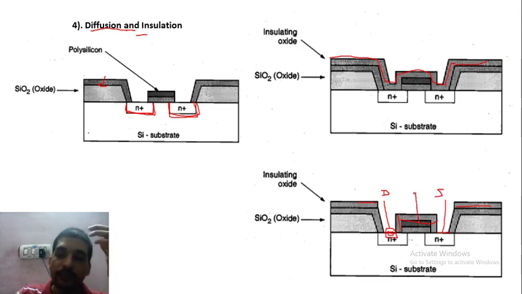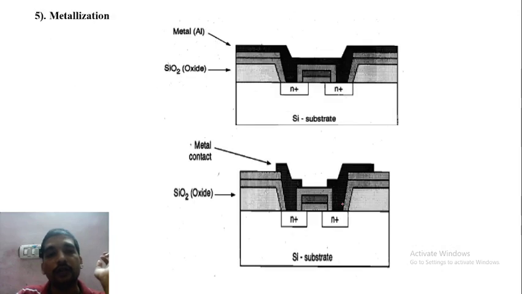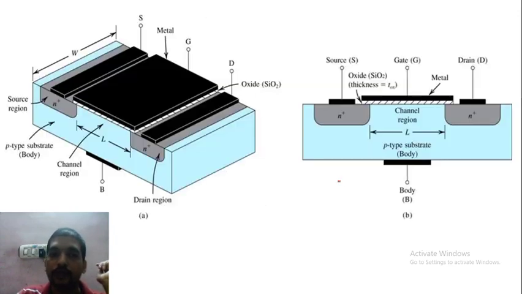Since gate is already fabricated, contact cuts are required. So again, for making the contact cut, the same steps will be followed. Finally the metal will be poured over the entire wafer again, and then it will be removed from the area in a similar manner as we have discussed in lithography, from the portion where it is not required, and metal will remain only on the regions where n plus are doped for further connections. So finally we fabricate this NMOS.